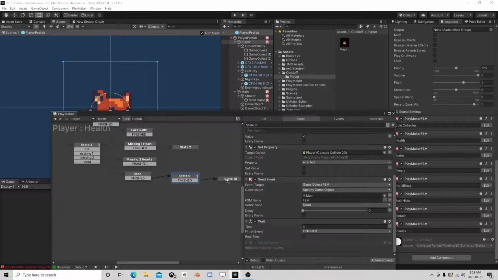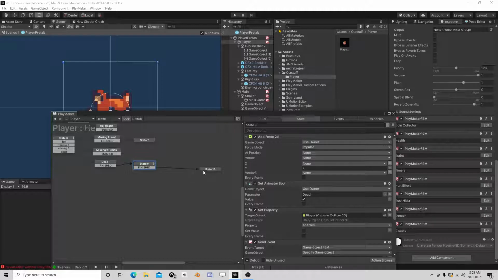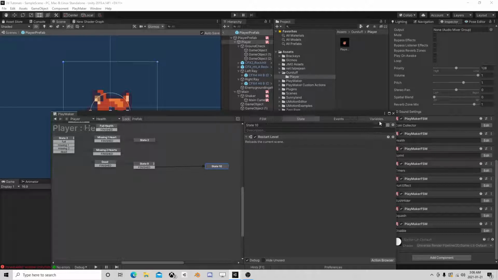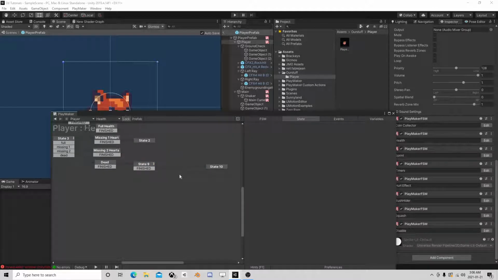And drag him over here. Now we could have it where instead of the wait 3 seconds, we could create another variable called, say, lives, and from here add in subtract 1 from lives, and then int compare lives, and if it is